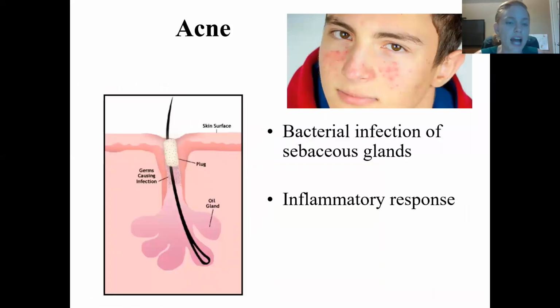Now for acne, what can happen is that the sebaceous gland has the oil in it, and oil is kind of yummy for bacteria. They like to eat that stuff. So sometimes, especially if you need to exfoliate and you've got a little bit of a plug, if the hair follicle becomes clogged, you get that kind of trapped bacterial infestation, and that's what can lead to an infection. And again, it's the redness and the bumps and the swelling. That is your own body's response to the infection, not the infection itself. So it's not the bacteria really, it's your body trying to get rid of the bacteria. And so that's going to lead to